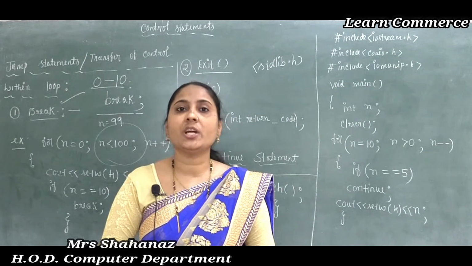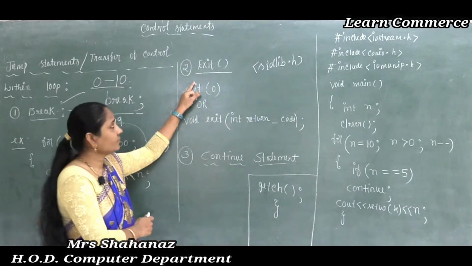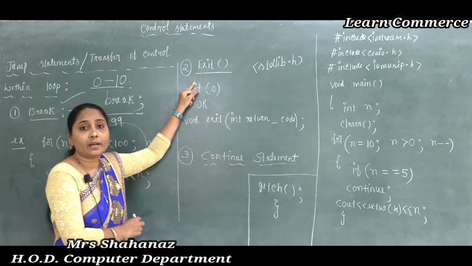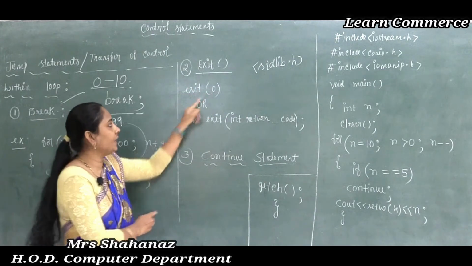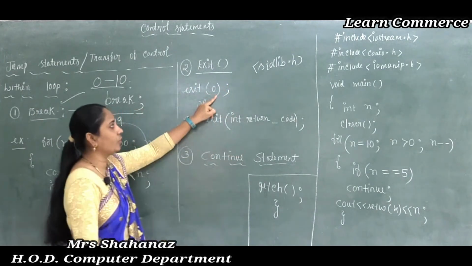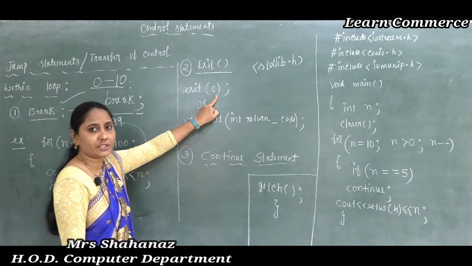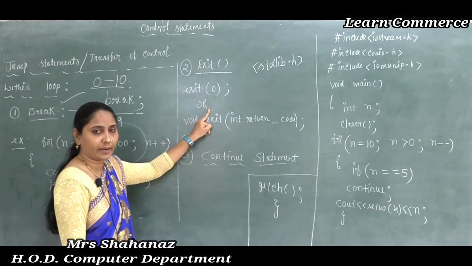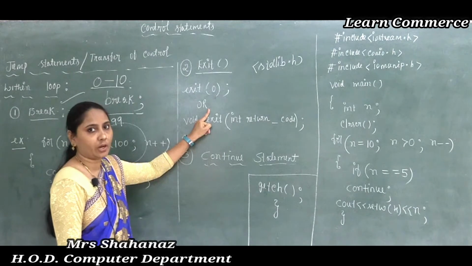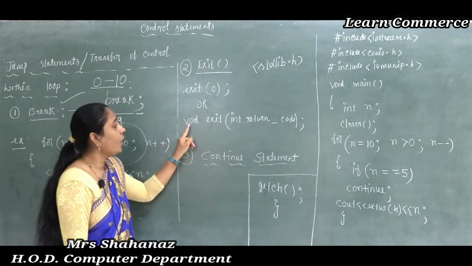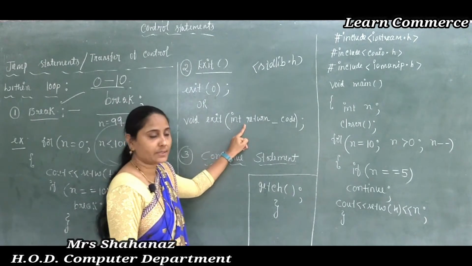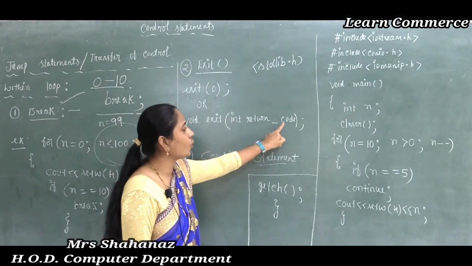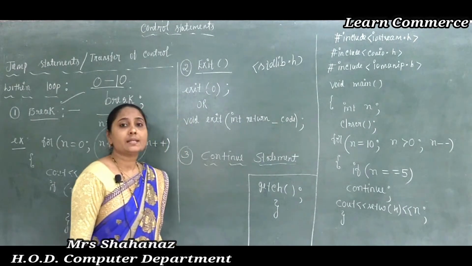Now let's see the general format of the exit function. The general format is exit(0); otherwise we can write the syntax as void exit(int return_code);